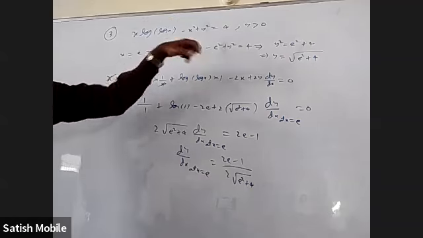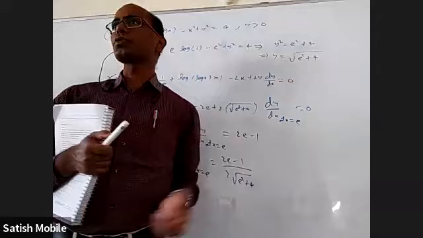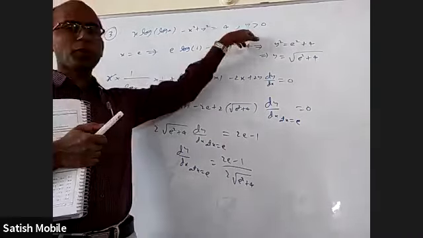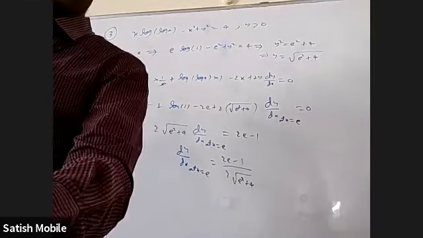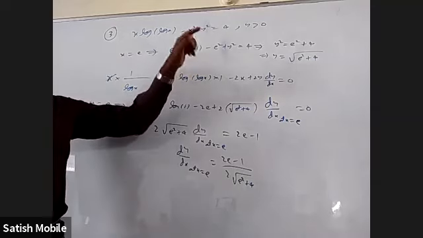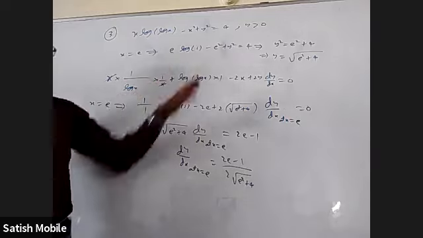Directly in the original equation, I substituted x equal to e. I got y equal to plus or minus root of a square e square plus 4. But in the question they said y is positive, so I took only the plus part, not the negative part. So first I found, when x is e, the corresponding positive y coordinate. After differentiating, I set x equal to e and y equal to that. Then I got dy by dx at x equal to e.